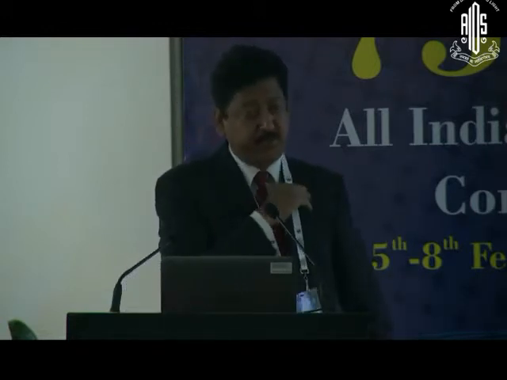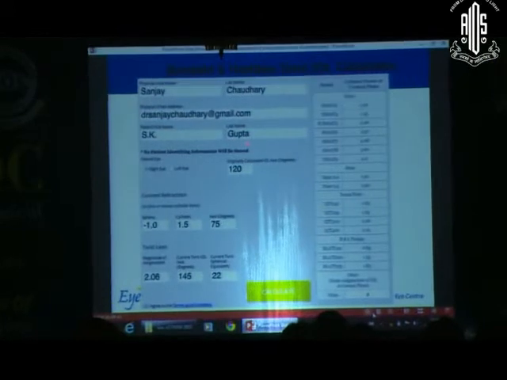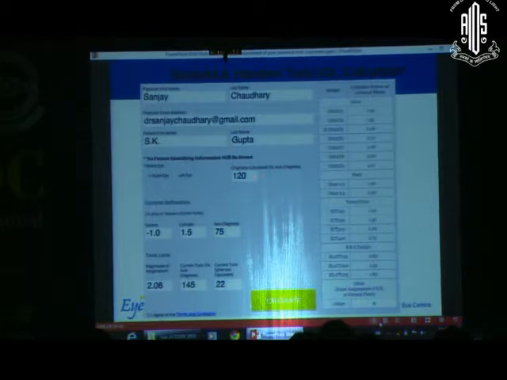Now, this is the first page of the software. I've filled up the data. If you see here, the surgeon's name, his email, the name of the patient, the eye you choose, the right or the left, the original axis which was calculated for the patient. Let us say, for an example, the original axis the lens was supposed to be in was 120. Then the refraction which is there now, which is usually a plus minus combination, and the axis.